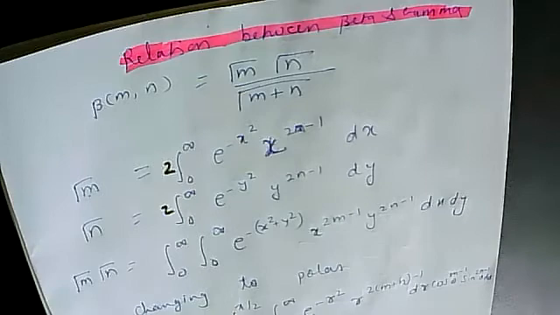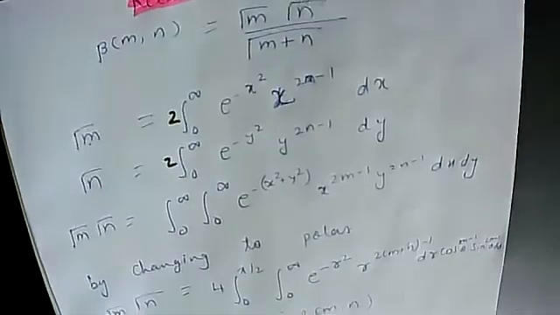Now, if I multiply these two relations, I get this. Now, as I taught you in one lecture, how to convert an integral to polar, the same concept I will use here. I will put x is equal to r cos theta and y is equal to r sin theta. dx dy will be r dr d theta. And obviously this integral is representing the first quadrant, so my r will vary from 0 to infinity and theta will vary from 0 to pi by 2. So my gamma(m) into gamma(n) will get converted into this expression.